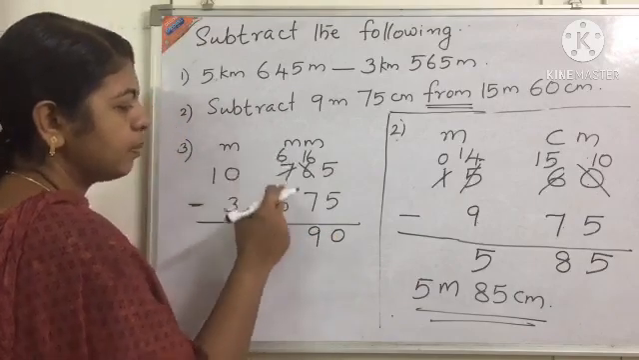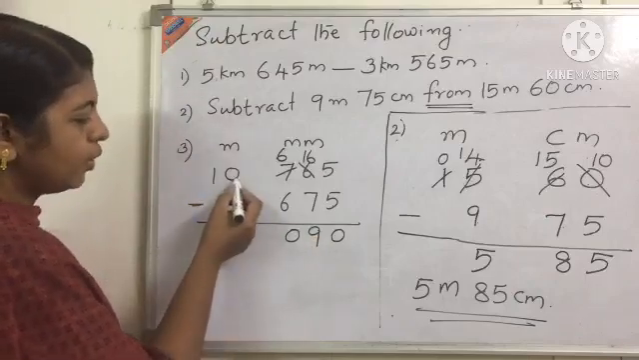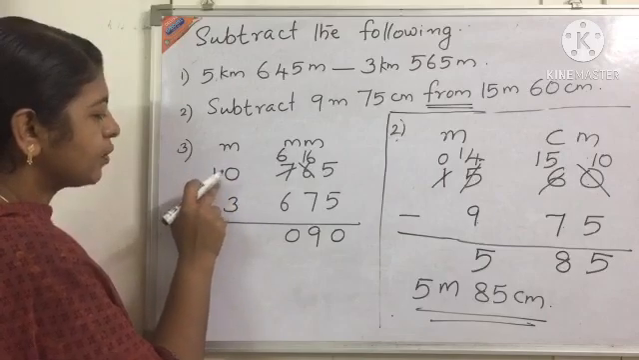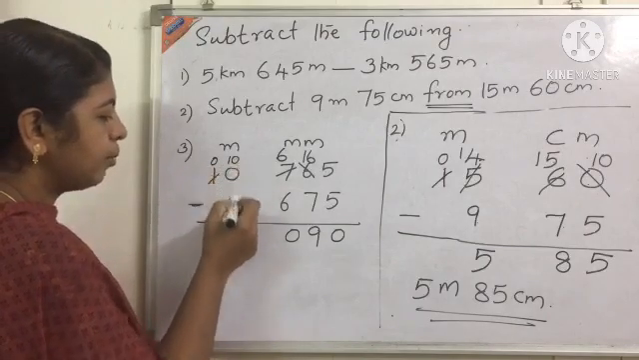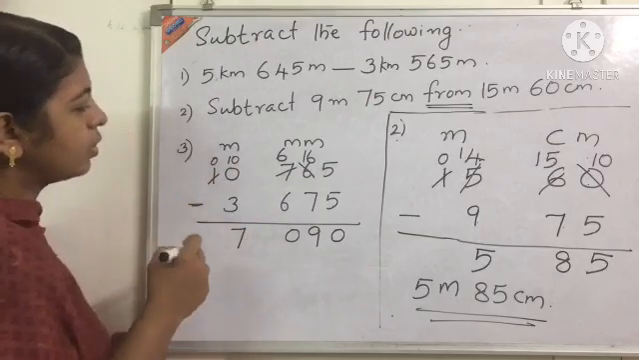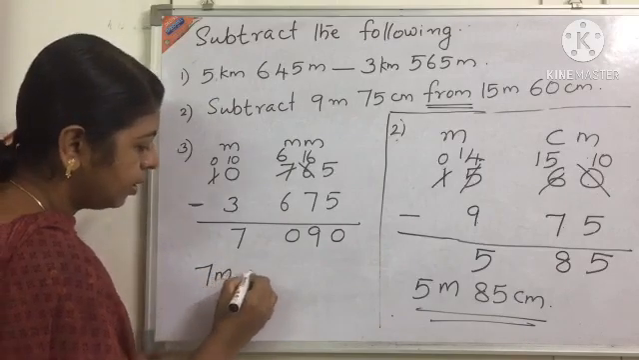Okay, then 6 minus 6, it's 0. Then 0 minus 3, it's not possible. So we can take this 1 here. It's 10. 10 minus 3, it's 7. So the answer is 7 meter